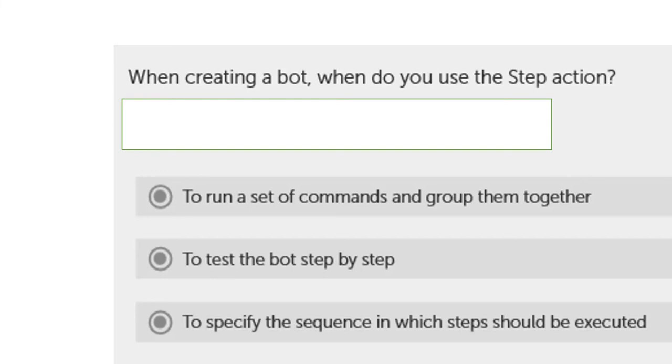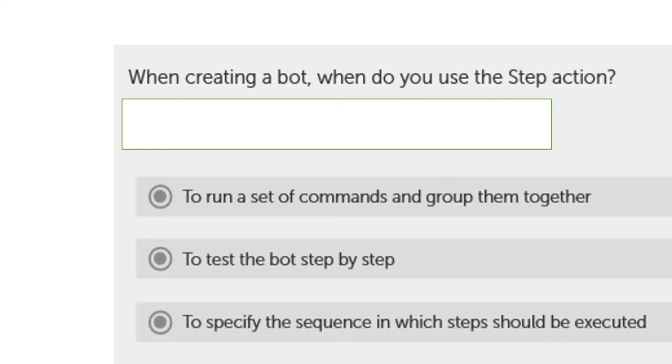When creating a bot, when do you use the stop action? Here they are giving four options: to run setup commands and group them together, to test the bot step by step, to specify the sequence, or to create containers. Actually, there are two types of step actions: step over and step out.